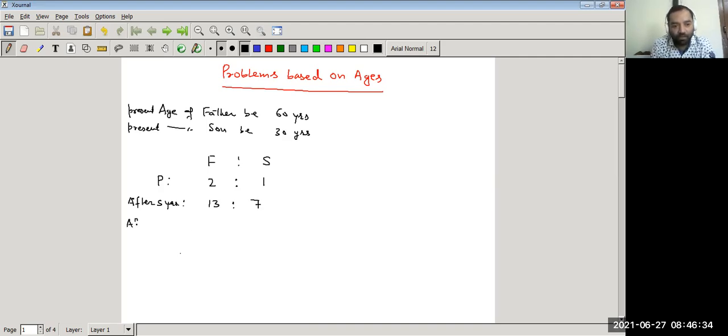After 10 years, father will be 70 years old, son will be 40 years old, so the ratio becomes 7:4. Right? Age of father will be 70 and age of son will be 40, so it becomes the ratio 7:4. After 15 years,